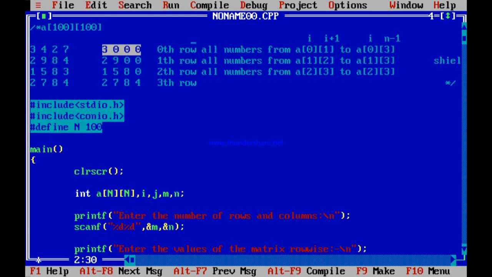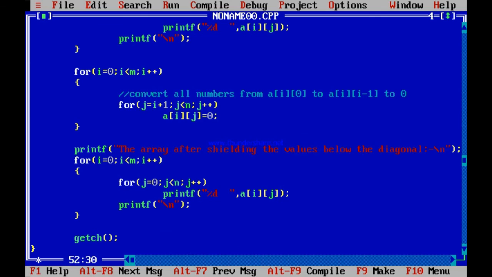And the rest of the code, this part of the code is commented. If you run this code, everything else remains fine. Only thing you are doing is, you are varying I equal to 0 to I less than M. So for each row you are moving. For each row what you are doing, starting from I plus 1 to less than N, that is up to the last number, you are converting everything to 0. You are starting from I plus 1. You are avoiding the Aii. You are starting from I plus 1th element of that row. Isn't it so? Let me run this program again.